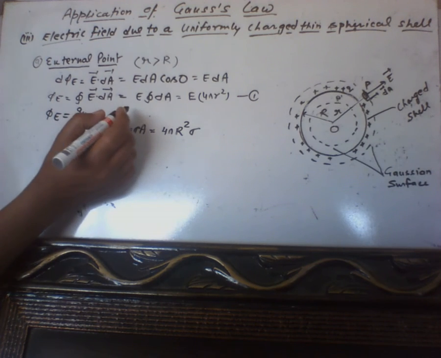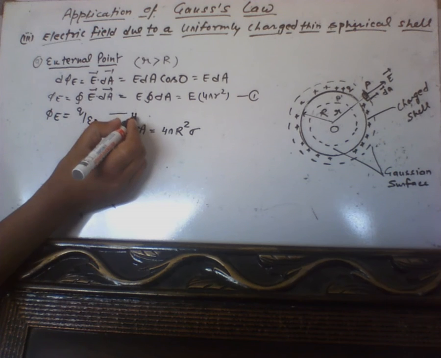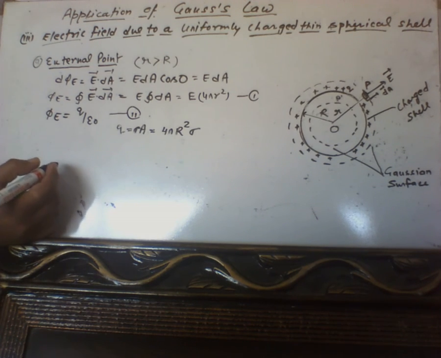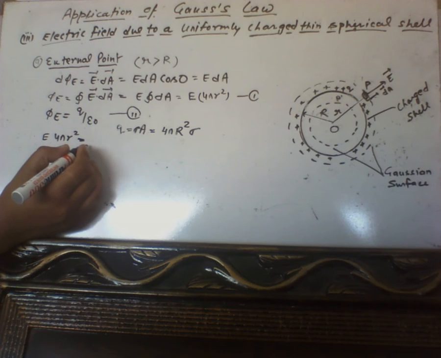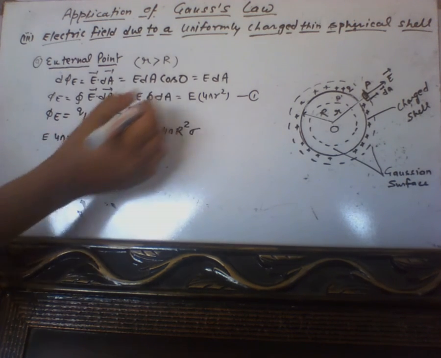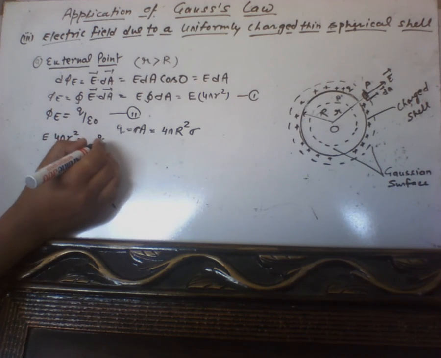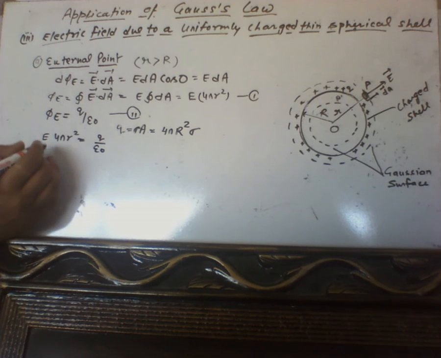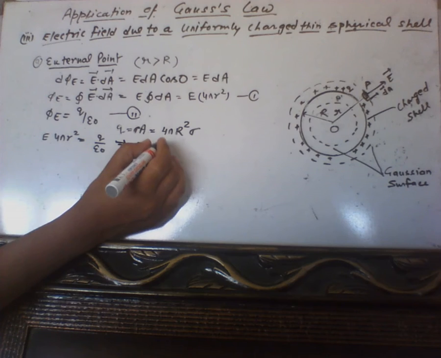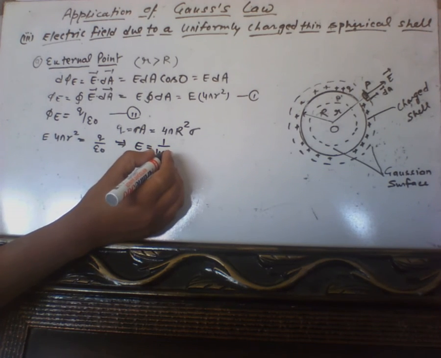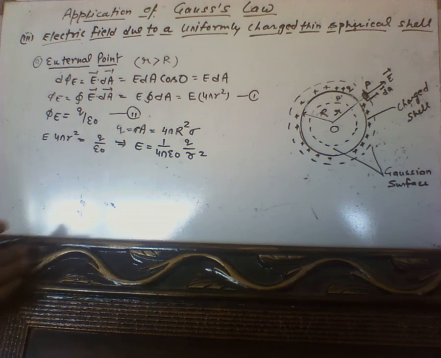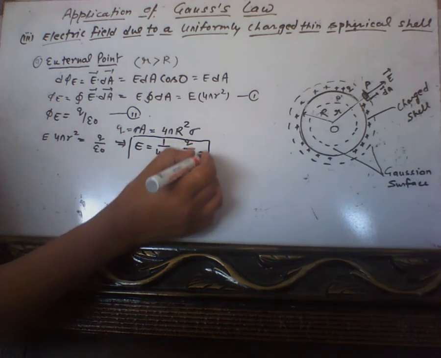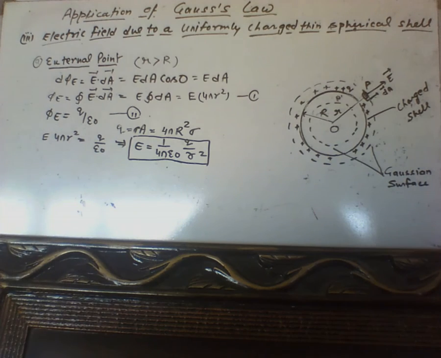Now from equation 1 and 2, on comparing these we will get E into 4 pi r square is equal to q upon epsilon naught, or E is equal to 1 upon 4 pi epsilon naught q upon r square. This is the formula for the electric field intensity at a point outside the sphere,